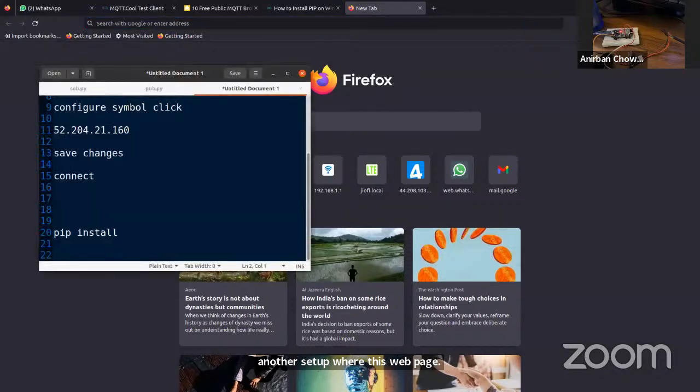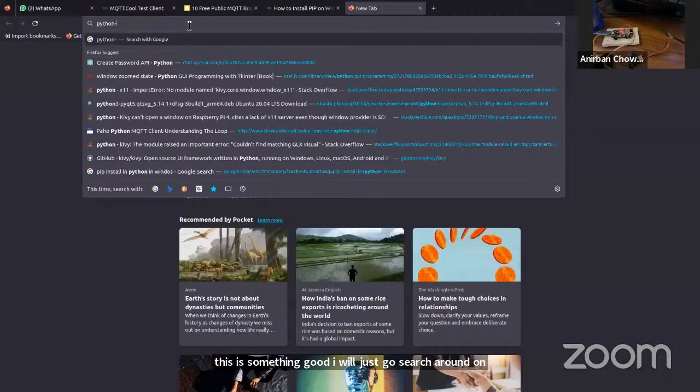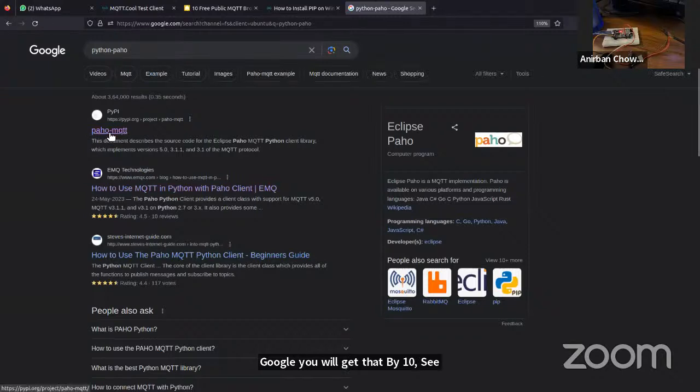So the Python client for MQTT is called paho-mqtt. Paho, not paha. Paho is the general client for all the languages. It is maintained by the Eclipse Foundation, so this is something good. I will just search Python paho on Google. You will get Python paho-mqtt. If you click on this,